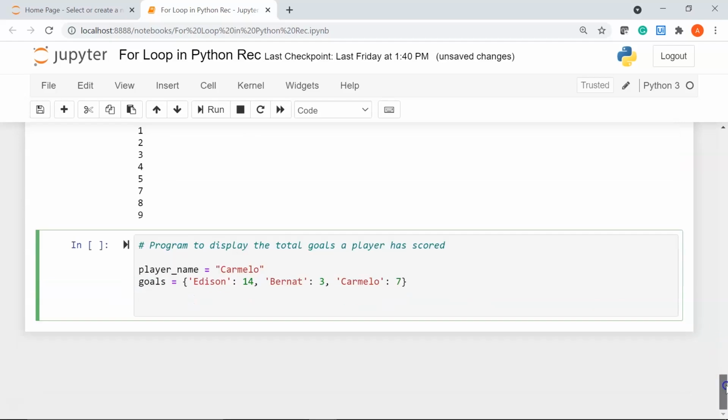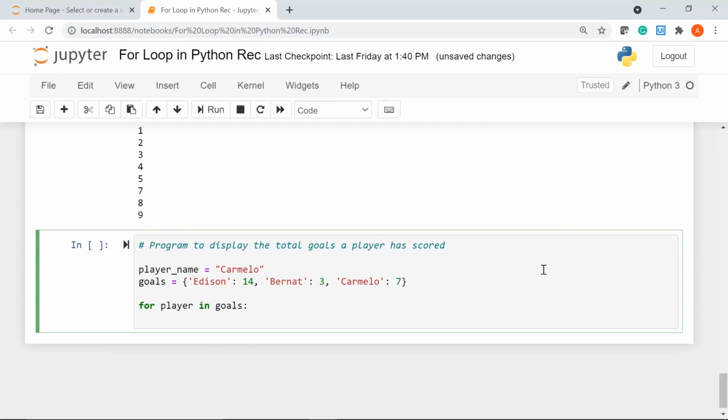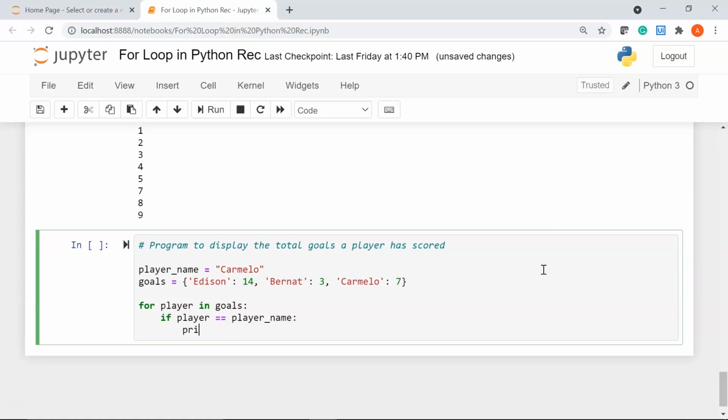Now I'm going to write my for loop. So I'll write for player in goals. I'm going to check if my player is equal to player name. I'll say print the goals scored by the player.